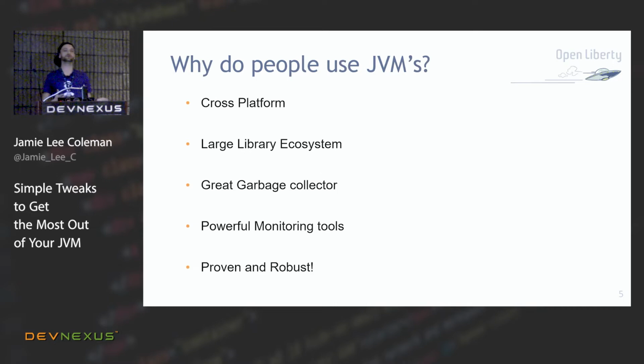So why do people use JVMs? I mean, they've been around for quite a while now, 20 plus years. The great thing is they're cross-platform, like I mentioned. They have a large library ecosystem. They have great garbage collection, which you can tune as well. They have some amazing monitoring tools if you really want to see what's going on inside. And they're proven and robust. Enterprises have used JVMs and Java for a very long time, so we know it works